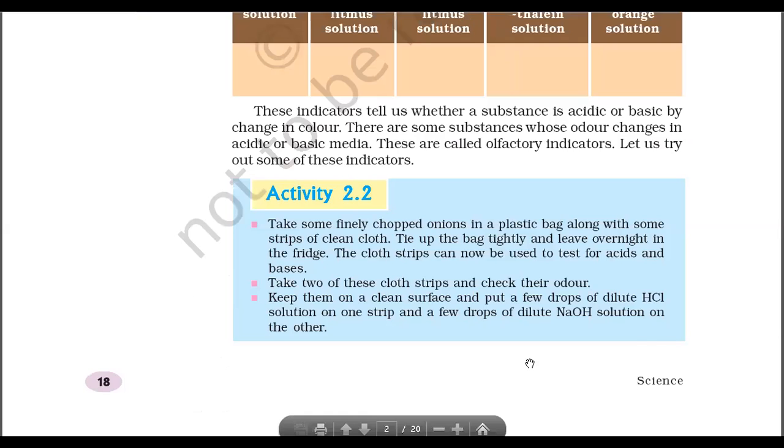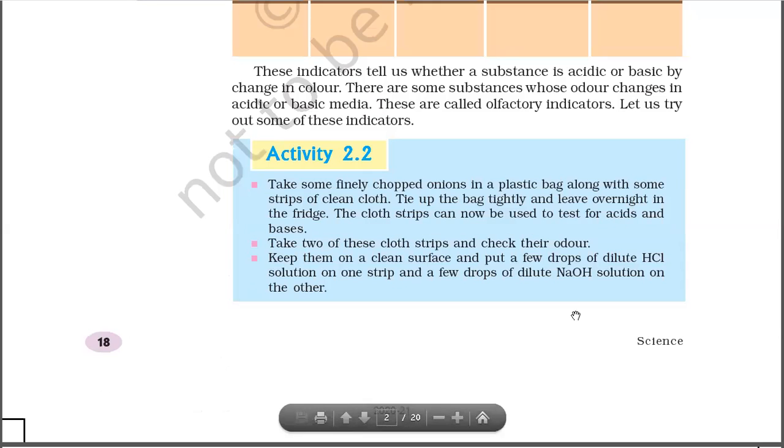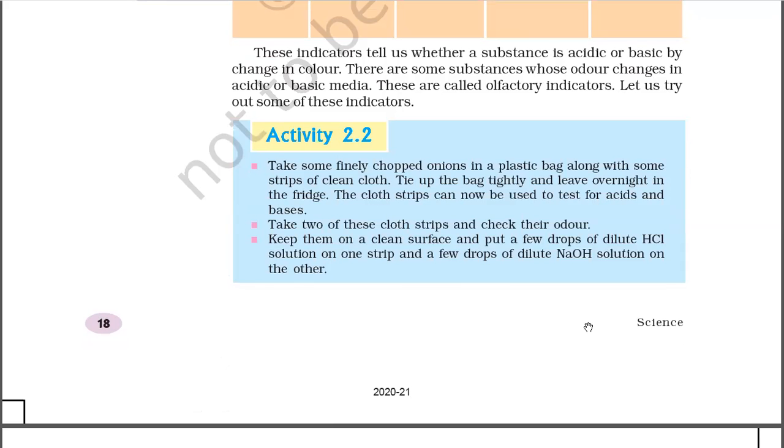Take some finely chopped onions in a plastic bag along with some strips of clean cloth. Tie up the bag tightly and leave overnight in the fridge. The cloth strips can now be used to test for acids and bases. Take two of these cloth strips and check their odor. Keep them on a clean surface and put a drop of dilute HCl solution on one strip